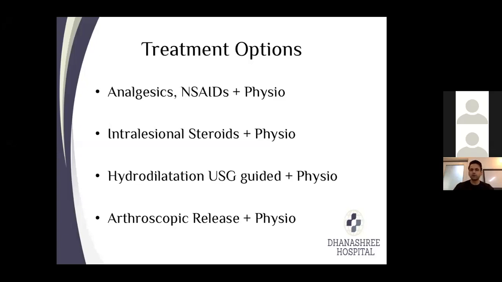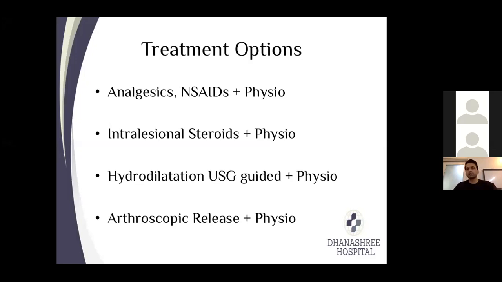But along with that, you either try and clear the pathology inside, or you just do some procedure so that your physiotherapy becomes easier. So in a diabetic frozen shoulder, you give them analgesics, you do a hydrodilation, you do an arthroscopic release, and then do physio. If there is a bursitis or an impingement syndrome, then you give intralesional steroids and then do physiotherapy. So exercises are important, but you should always know when to advise the patient analgesics, when to give them steroids, and when to advise them arthroscopic release.